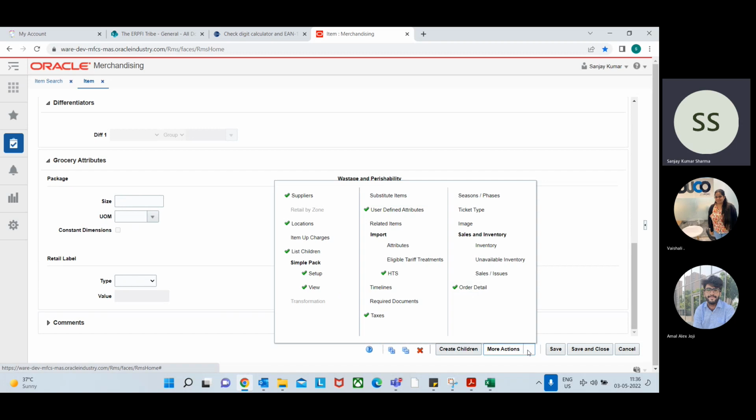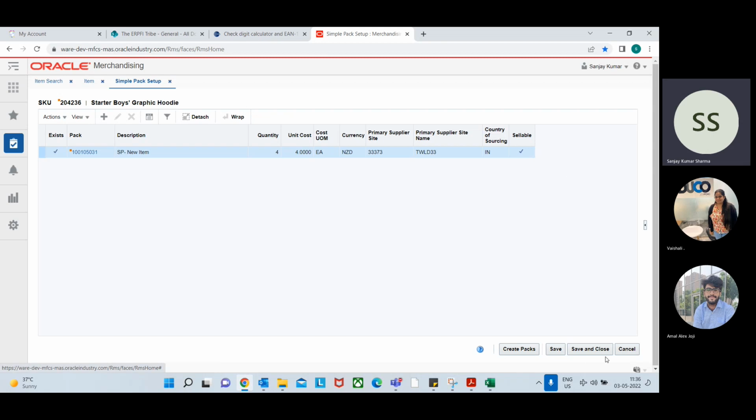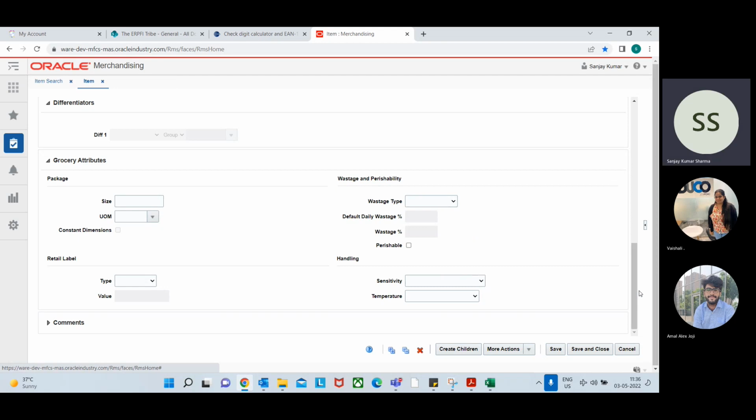A simple pack. One second. I just want to show something. Okay. So we have already given the details of it. So fine. Okay. So this is sellable. Okay. So this is a simple pack. Then